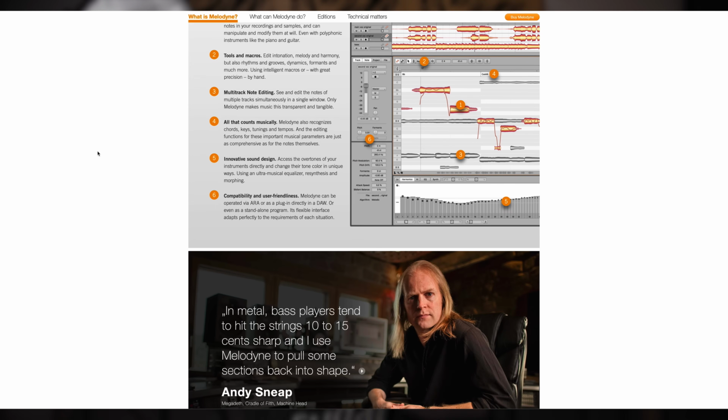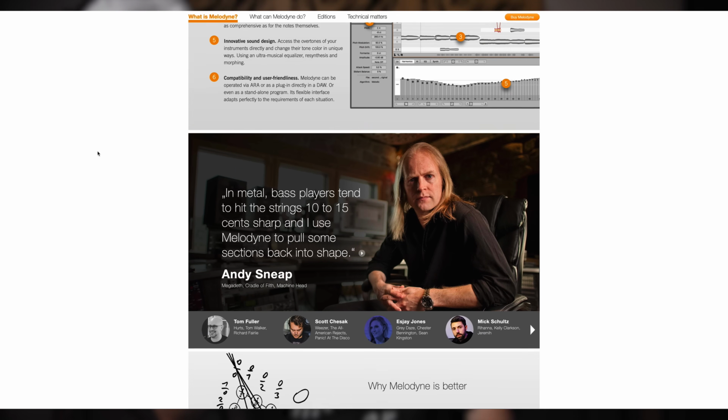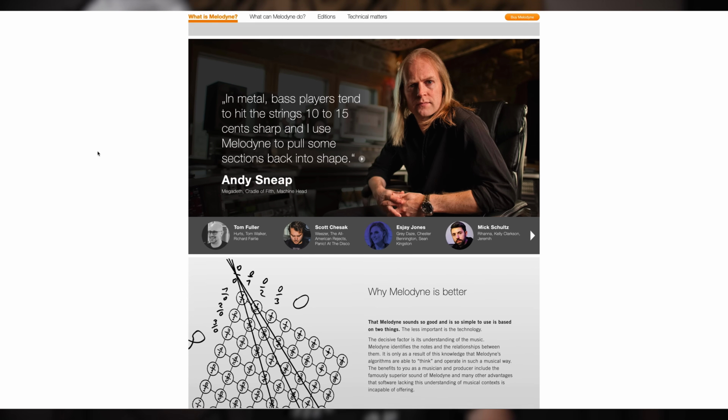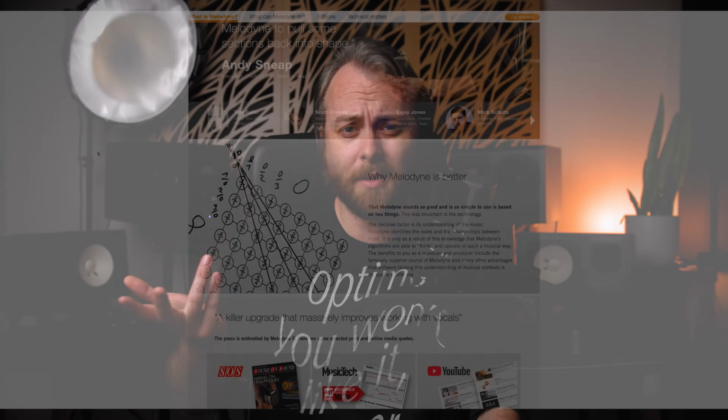They were one of the first. It's very crowded now, and you've got Antares, I think I'm pronouncing that right. You've now got Synchro Arts getting into it. There's a stock tuning tool in Logic. It's everywhere, but Melodyne were one of the first to use the whole blob UI workflow, and their